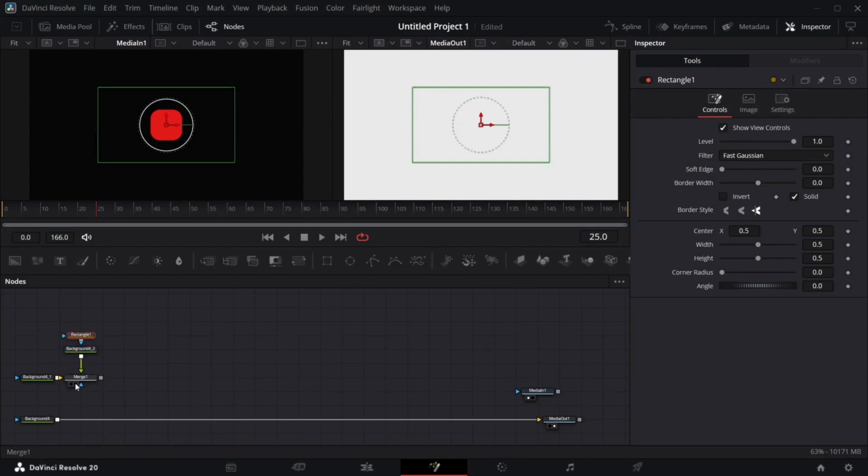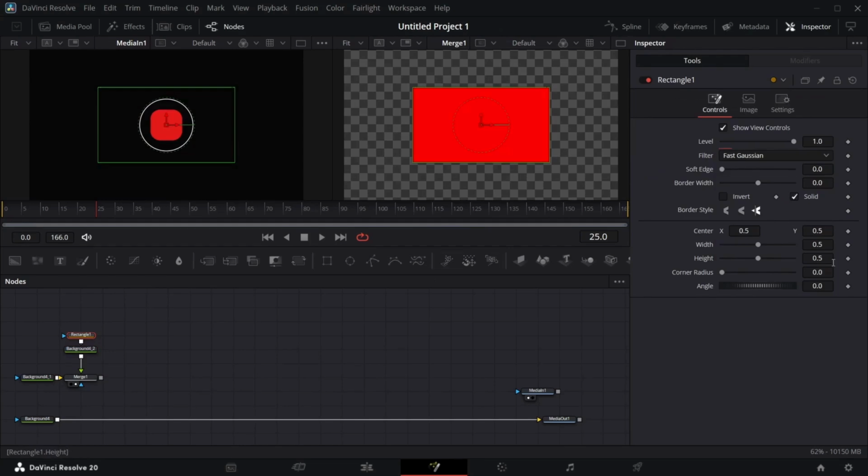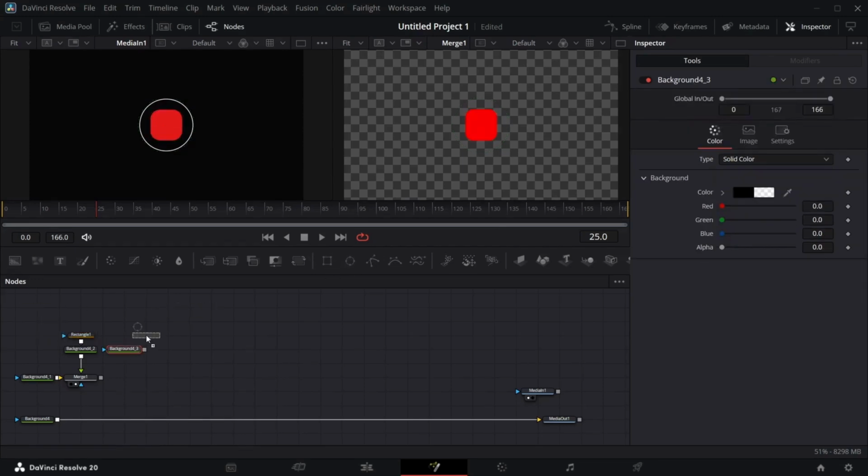Let's make sure we are viewing that here. I'm going to make this background color red. In this rectangle, I'm going to set the width value to 0.1145 and the height value to 0.21, and I'm going to set the corner radius to 0.517. So we have something like this, and we are going to get another background node, get an ellipse mask, connect